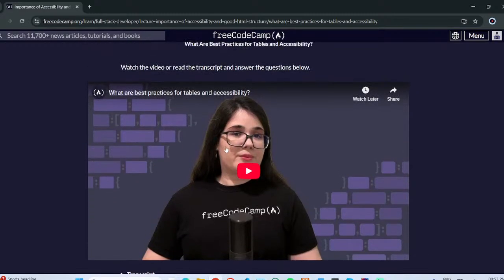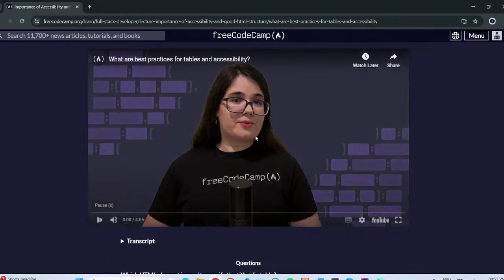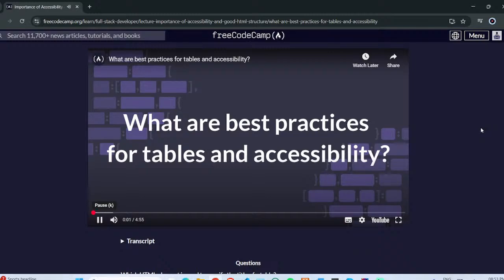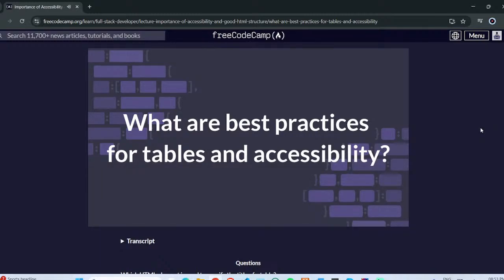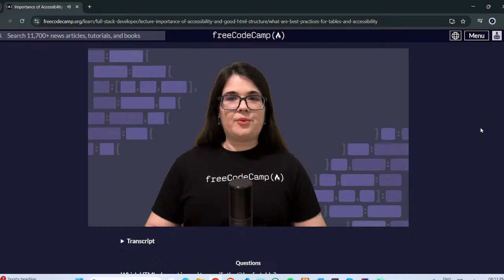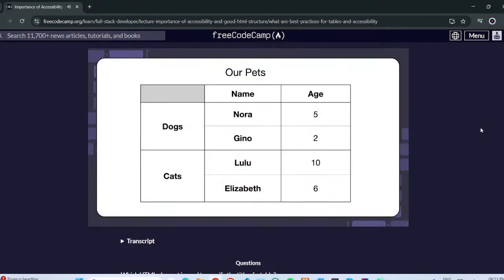What are the best practices for tables and accessibility? When we see a table, we immediately start making visual associations between the data and the headers, right? For example, let's say that this table is a representation of our pets. We have 2 dogs and 2 cats, and the table is showing us their names and ages. While a sighted person may be able to understand the relationships in this table,